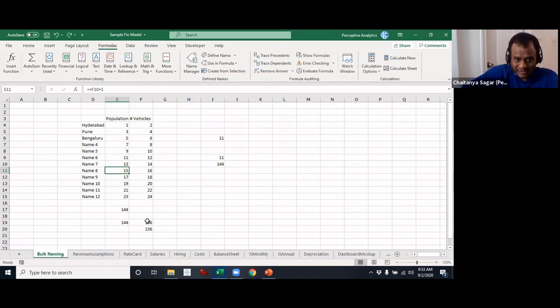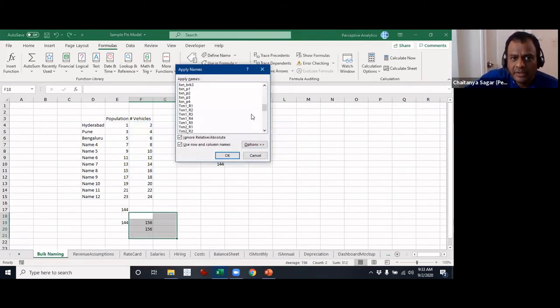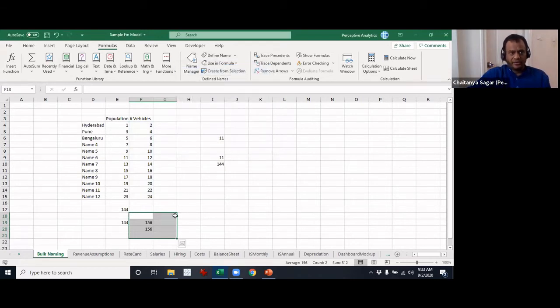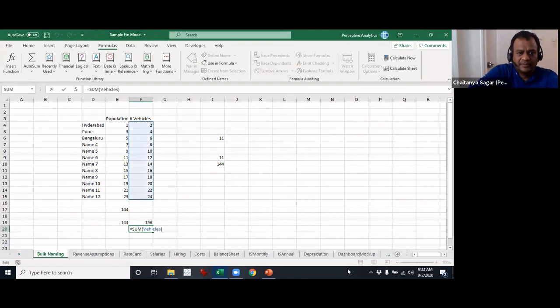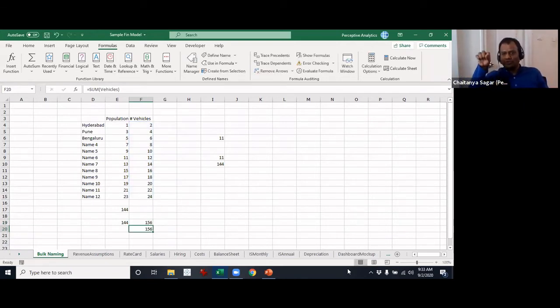But let's come to the same problem that you talked about. Let's do this. Okay, so apply names. I will get rid of column 2 as well as vehicles, and let's see. Okay, it worked, and it has just used vehicles. It is possible that it first used Col_2, and then it probably replaced it with the second one, which is vehicles. That's a possibility.